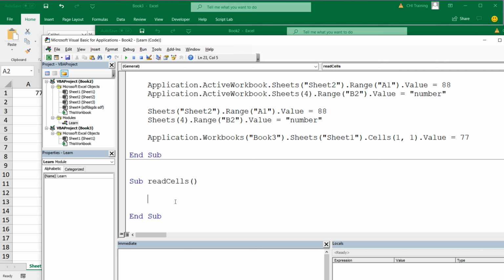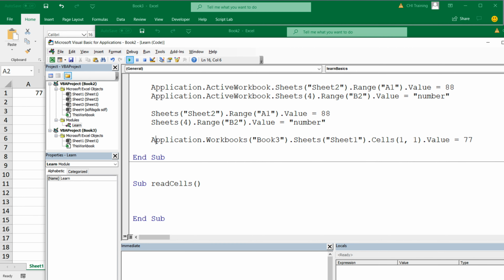So reading from the worksheet is pretty much exactly the same as writing to a worksheet. It's just basically what side of the assignment operator, this equal sign, you're on. If you're on the left side of this equal sign operator, we're basically writing to a worksheet. If you're on the right side of that, we're reading from the worksheet. So let me show you what I mean. If I just copy this line,